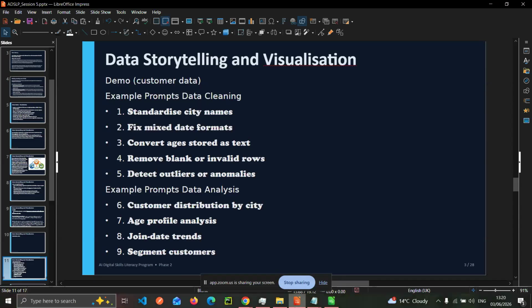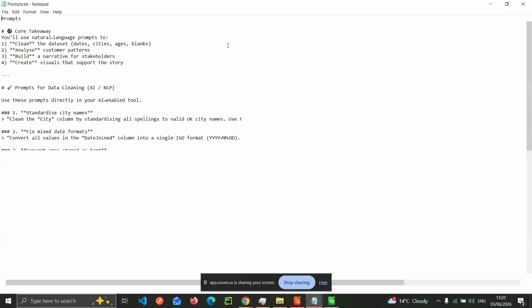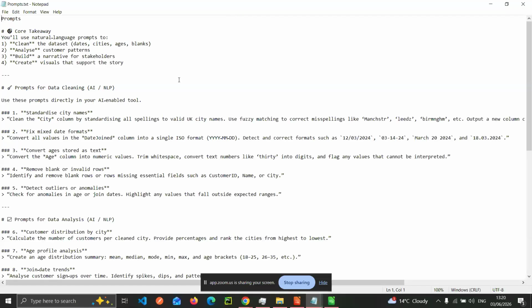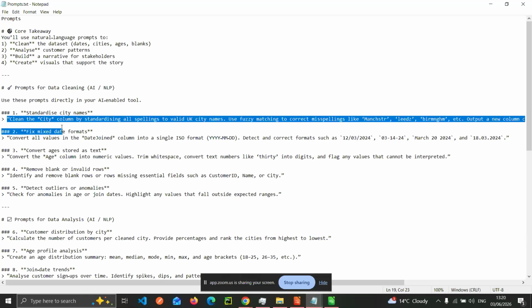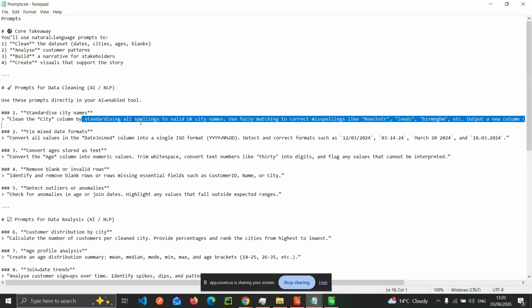So, like I mentioned, we have example prompts, which I also sent to the group. A possible prompt using AI or natural language processing could be: clean the city column by standardizing all spellings to valid UK city names.